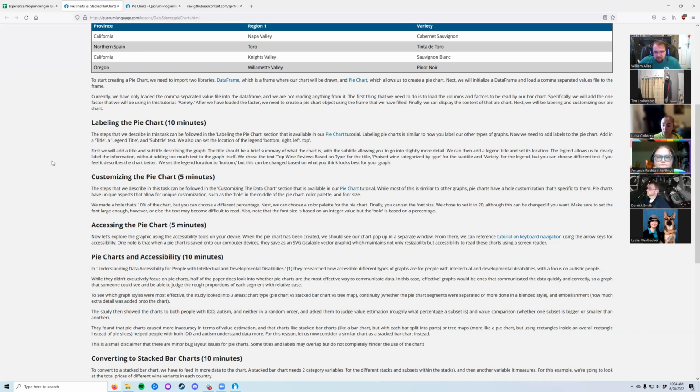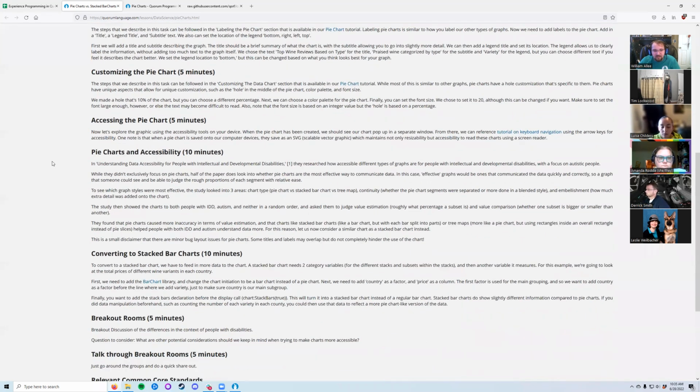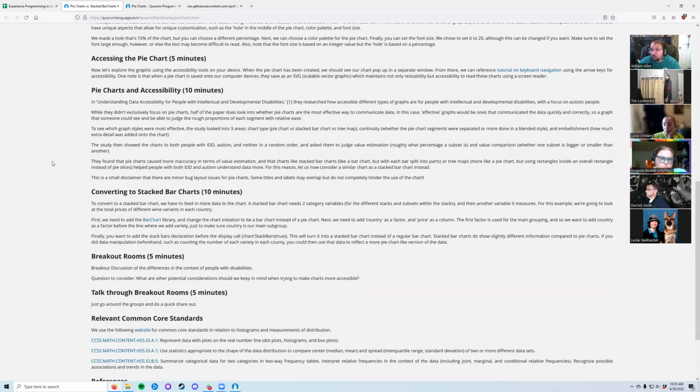And broadly speaking, it seems to be the case from the current state of the research that if you have the choice of presenting something to someone who has developmental disabilities, especially someone that has autism, and you have the choice between presenting a pie chart or stacked bar charts, the stacked bar chart broadly was easier to understand for the folks that were tested. So with that in mind, let's take some time and adjust what we've been using. Instead of using this pie chart, let's spend a little bit of time with some stacked bar charts. So